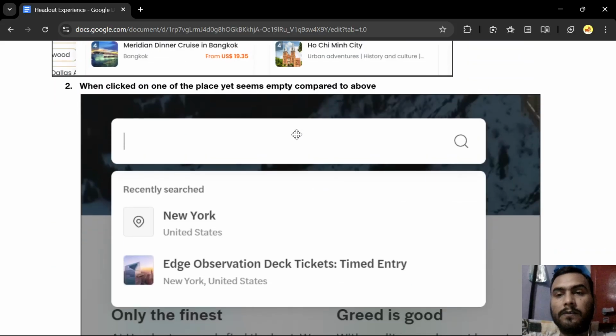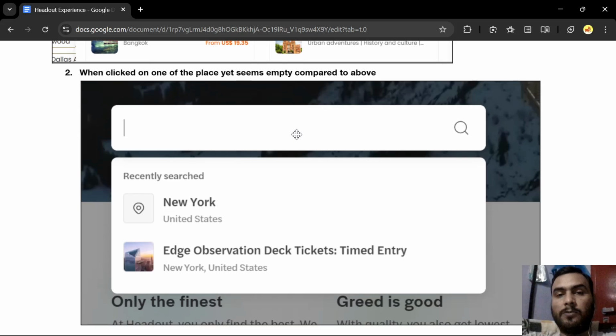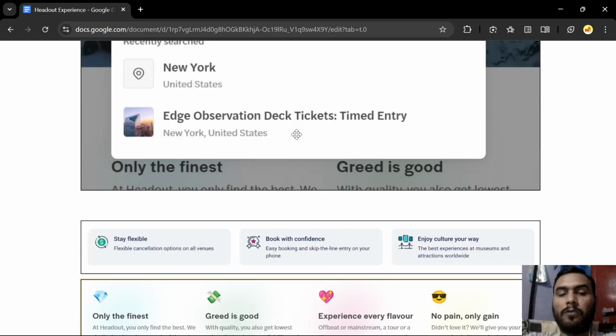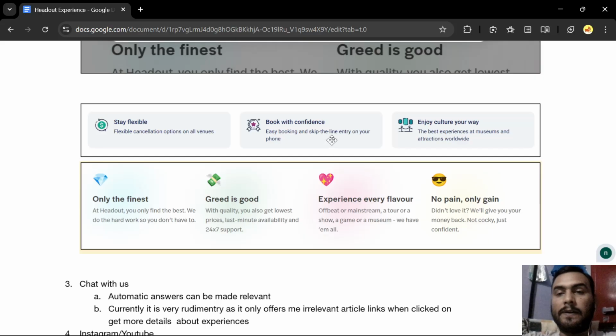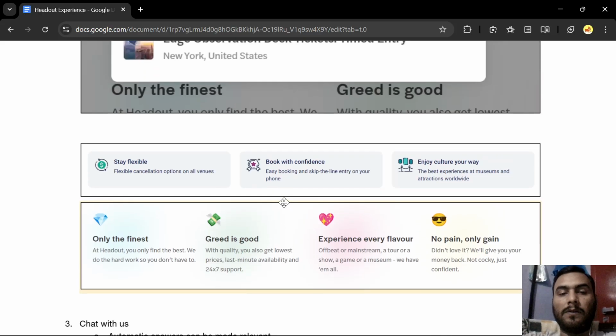Now I think we can try to do something similar and see if it works in our favor. And this is from a ticket platform, where our UX copy can be a little simpler and describe exactly what experiences or activities the user can get.